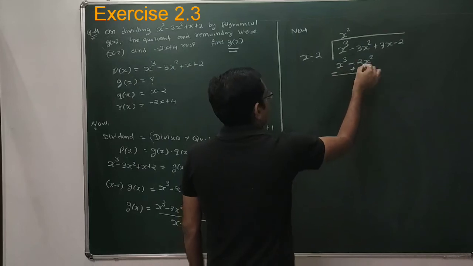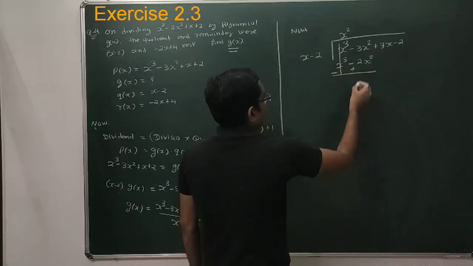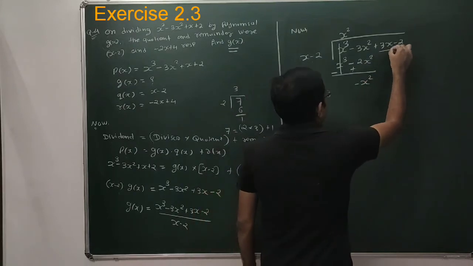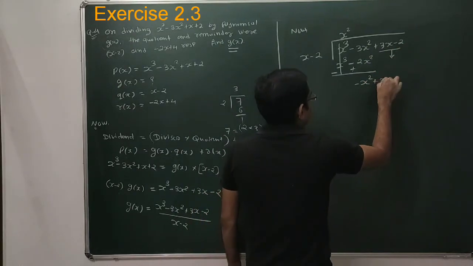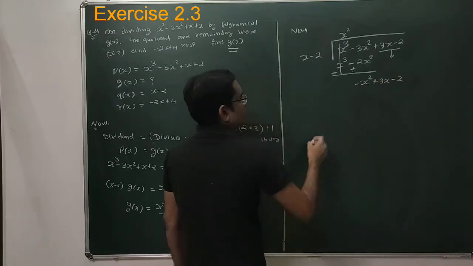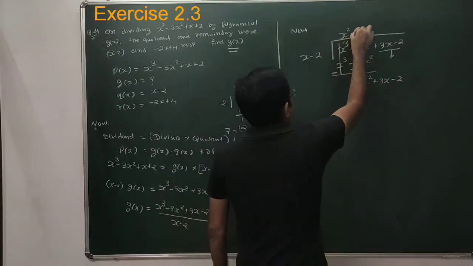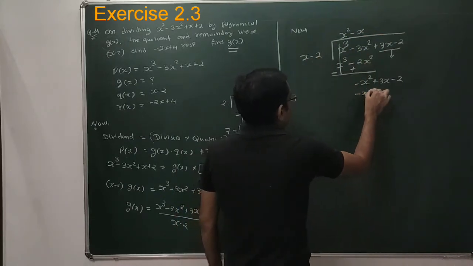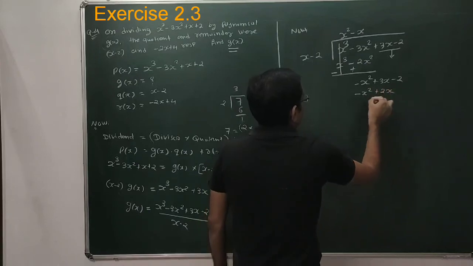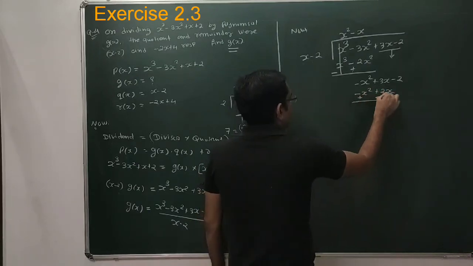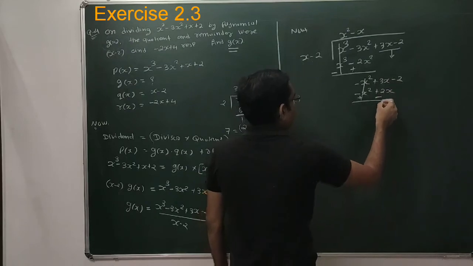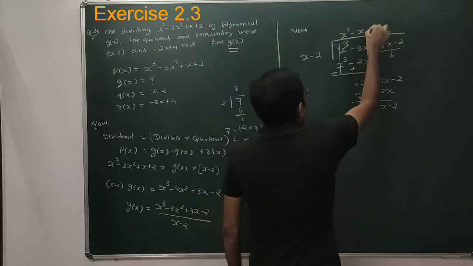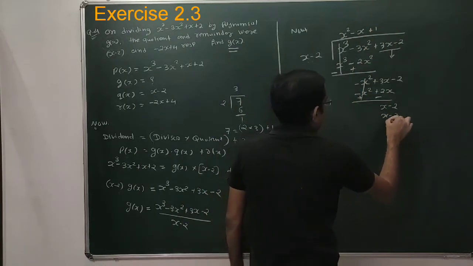Now change the sign, this is minus, this is plus, this will be cut. So it's 2x square minus 3x square, which is minus x square. Take these two terms with the minus x square, so which is plus 3x minus 2. Take the division of these leading terms, which is minus x. So again multiply these two terms with this minus x, so which is minus x square plus 2x. Now again change the sign, this is plus, minus 2x, 3x minus 2x will be x minus 2. So it will be multiplied with 1. So it's x minus 2.